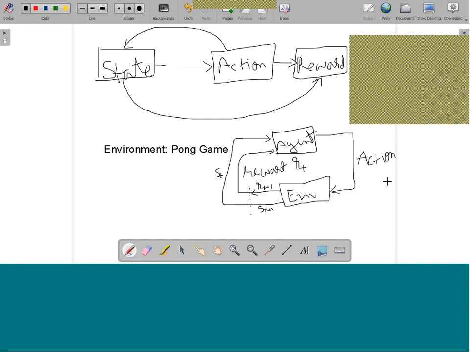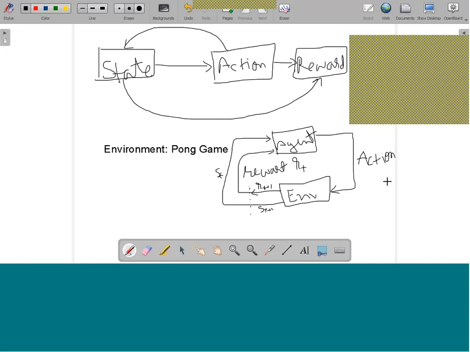Understand carefully. In this Pong game that we are considering, in that environment we have to take the action. We are the agent, and we have to take the action up or down. According to that, the game, meaning the environment, will give you the reward, whether you are getting the score or not, meaning +1 or -1. So whether you are getting a penalty or a positive reward, the agent will know that next time it has to be careful in taking the action.